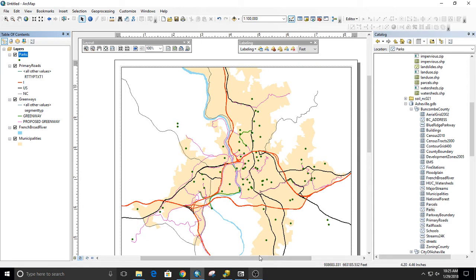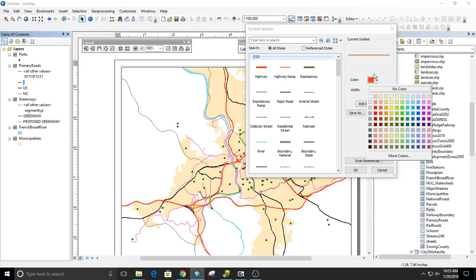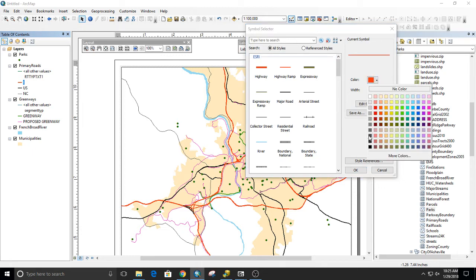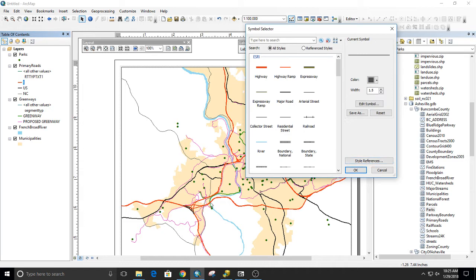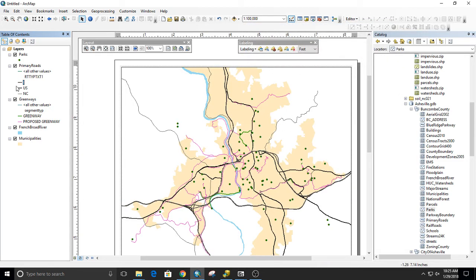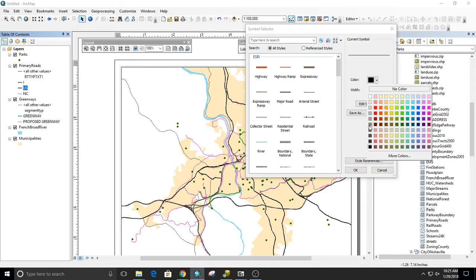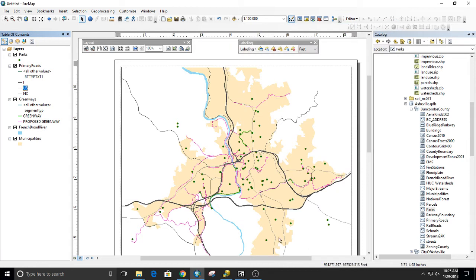All right, so one thing we could label, let's, you know, I think the roads obscure the greenways too much as well. I think I'm going to go back and make this smaller. I'm going to make it 1.2, and I'm going to make it a gray, not a darker gray. So the interstates are that darker gray. The U.S. highways, I'm going to make them even smaller and a lighter gray. Okay, and so you start to see that now they don't obscure the map as much, since the greenways are